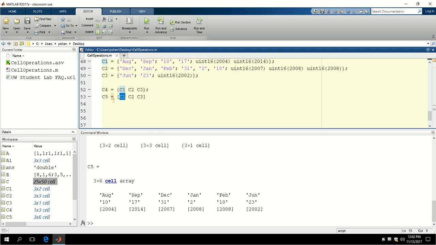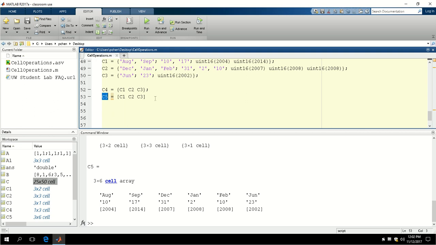For C4, it's still keeping all the wraps around all those individual cells, using those different cell arrays as elements of this bigger cell array C4. But for C5, by using square brackets, Matlab does some unwrapping for you. It unwraps all the different cells inside of those individual component cell arrays,